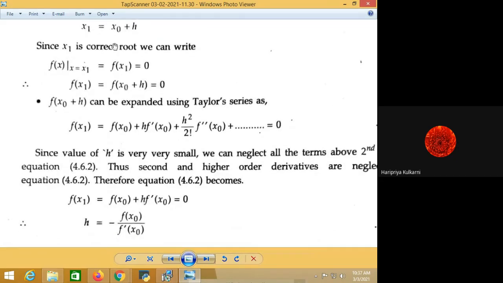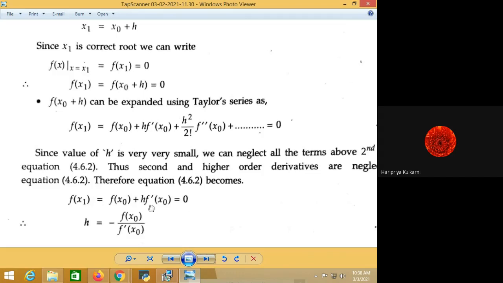Now as we have discussed, h is a small step size. Therefore, from the second term onwards, I mean h square upon 2 factorial onwards, the contribution comes to be negligible and hence we can neglect all these terms. So while deriving, we will consider only these two terms, and hence our equation becomes f of x1 is equal to f of x0 plus h f dash of x0. Now f dash is nothing but the first derivative of that polynomial equation. Okay, when we solve the problem, again it will be more clear to you, but presently you understand the derivation.